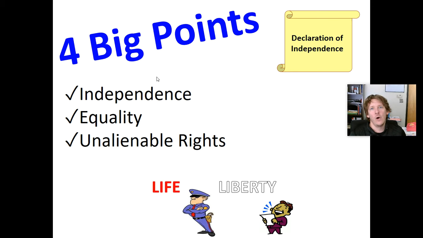The government will protect your right to liberty. Remember, again, the idea of liberty is a negative liberty in that you are free from outside interference. You're free from coercion. You're free from government restriction. You want to buy a farm. You want to be a farmer. You want to write books. You want to write songs and sing along and have fun and party every day. The government's going to leave you alone as long as you don't interfere with anyone else.